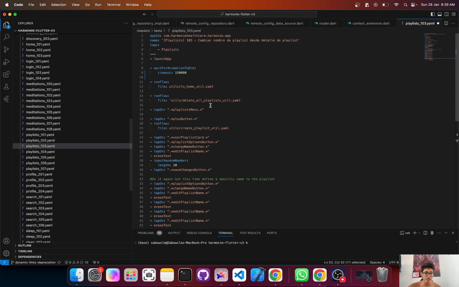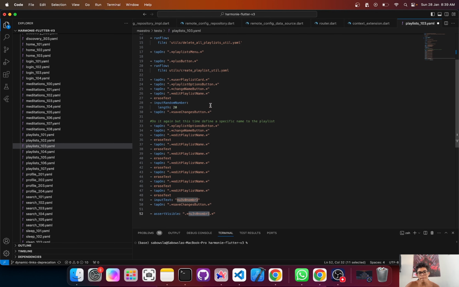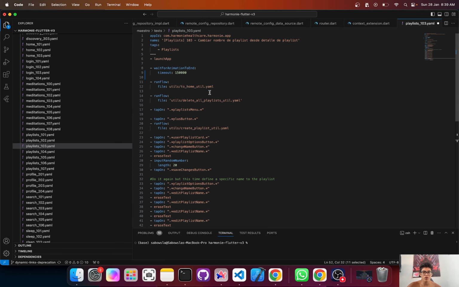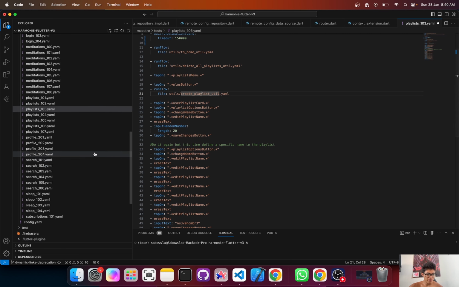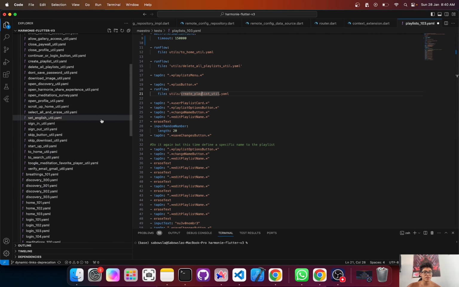So as you can see, it's not only that if one flow breaks, it might be too many things going on under the hood. It could be that the to home util broke. It could be that the delayed all playlist util broke. It could be even this one. So one of the amazing things about this Maestro toolkit is that it's gonna tell you, hey, I broke here,